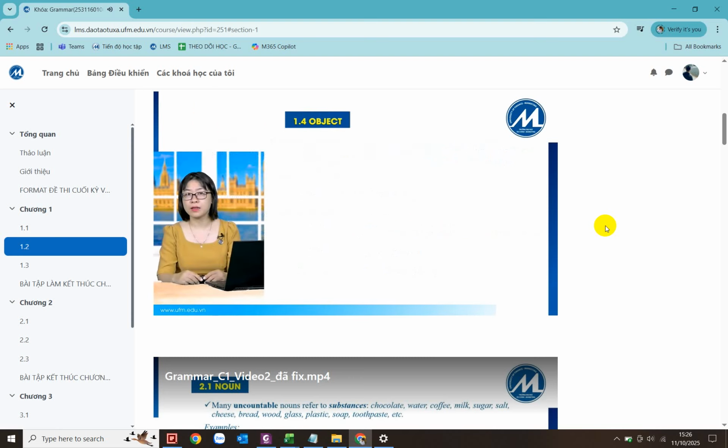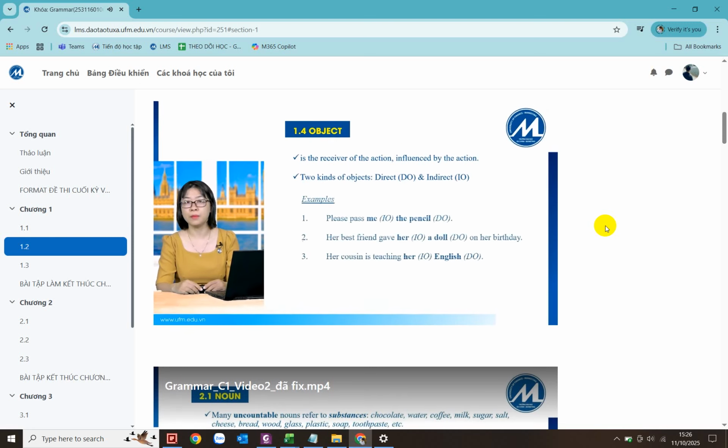Next element is object. An object is the receiver of the action, influenced by the action. There are 2 kinds of objects, direct and indirect. A direct object is directly influenced by the action, while an indirect object is indirectly influenced by the action. For example,